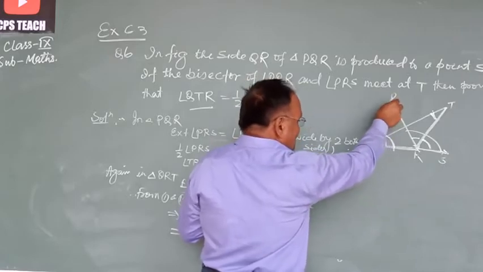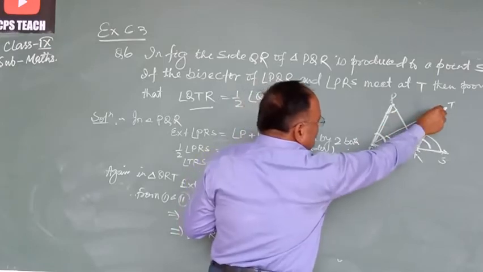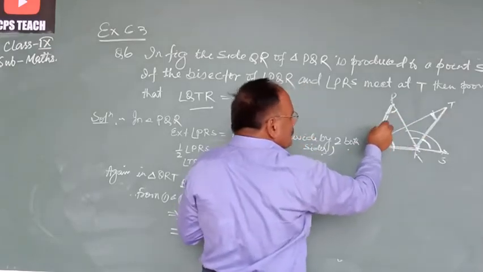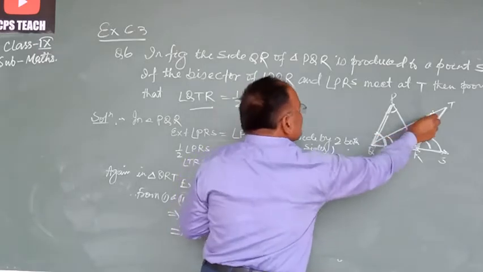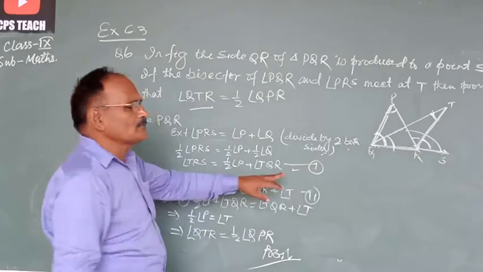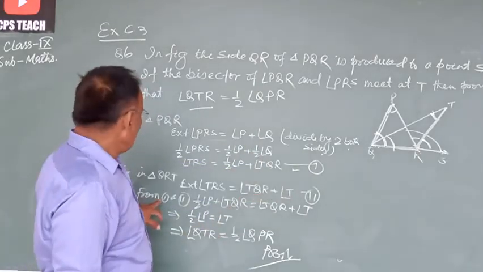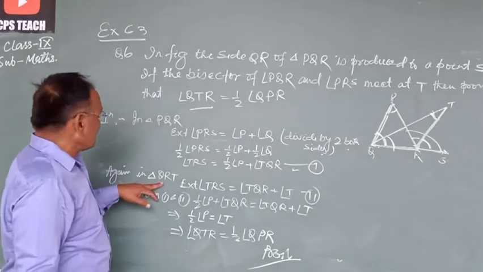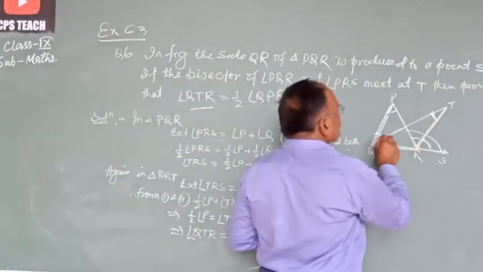Q. It means that is Q in triangle PQR. This QT is bisector of angle Q. So half of Q is this angle TQR. हम इसको पहला इक्वेशन मान लेते हैं। अगेन हम एक दूसरा जो ट्रायंगल इसमें है QRT, this is also a